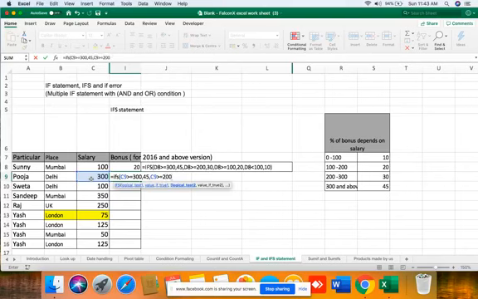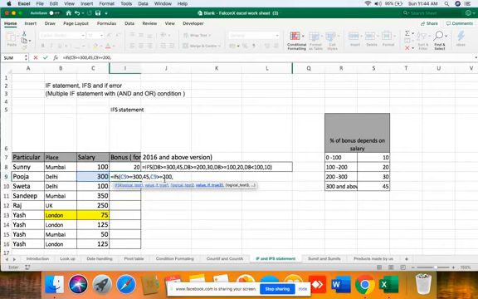Now people will ask me, if C9 is greater than 300, what will happen? In IF statements, if this value is 400, in the first statement only it will be true, so the formula will not read after that. The second logic will only read those values which are between 300 and 200.